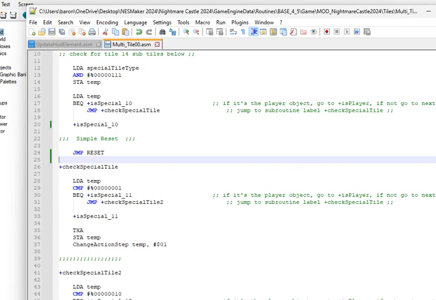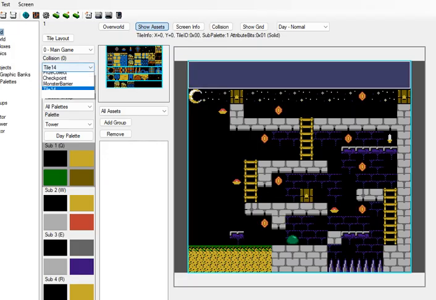Test this out really quick. Switch to tile 14. This will be placed down for tile 14.